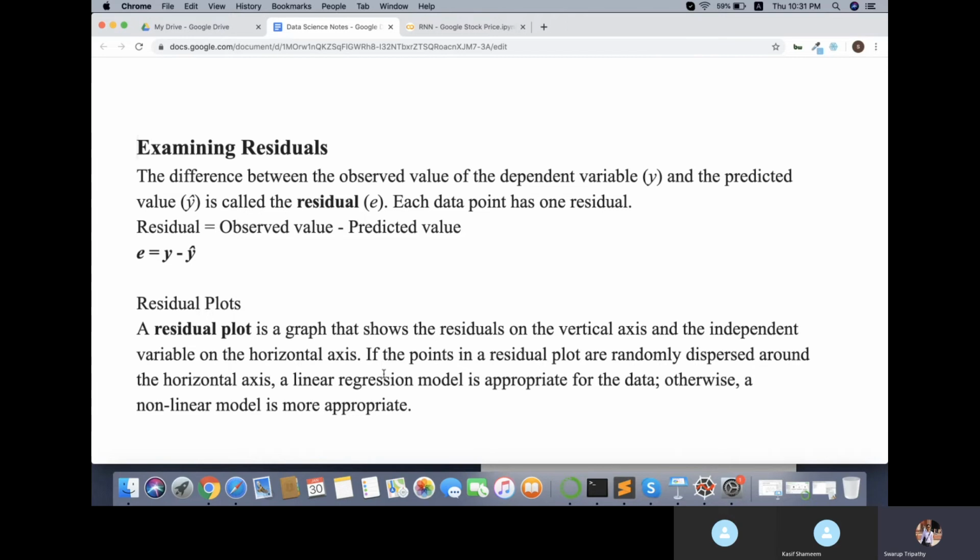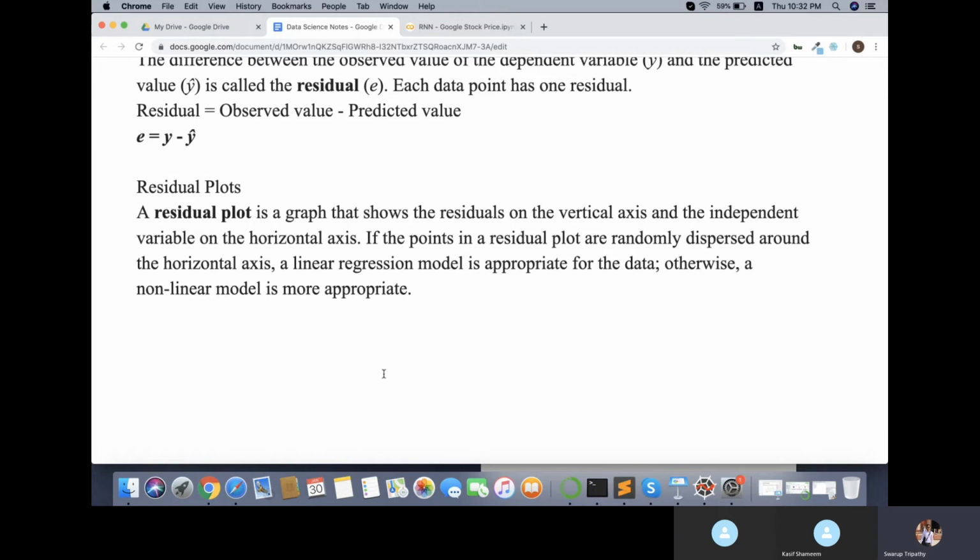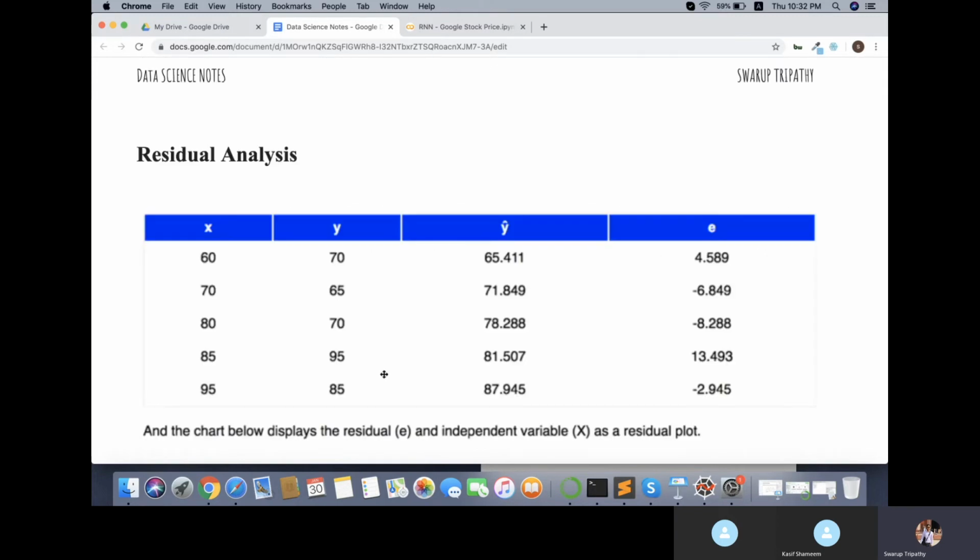Now this is a type of graph which tells you if whatever study you have done is good for linear models or non-linear models. Okay, so now to check this, suppose there is some data set. I have taken here some data, and here we have some y values, observed values, and some predicted values. Error is observed minus predicted, and it is giving us some results.